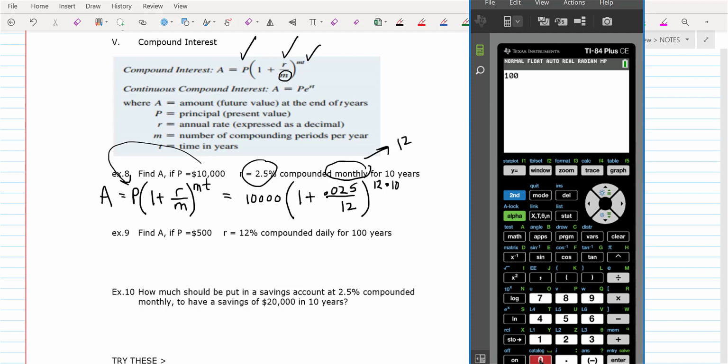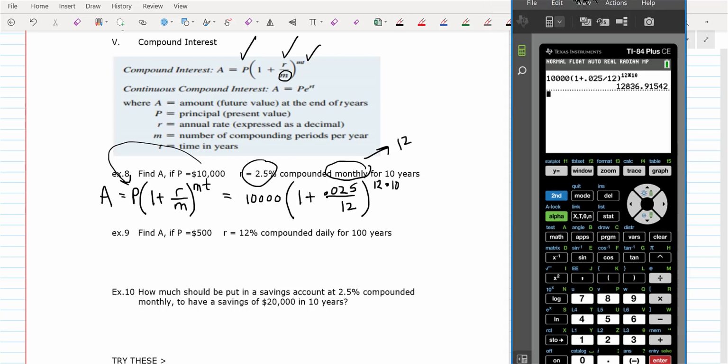You put in the 10,000, then you put a parenthesis. You don't have to put the times. Then you do 1 plus 0.025 and then divide by 12. Okay, then close the parenthesis like that. Then you do your exponent key. So you do the caret key like that, and you can either put 120 in or you can do 12 times 10. It doesn't matter. The calculator is going to follow the order of operations for you fine. And then you can press enter,